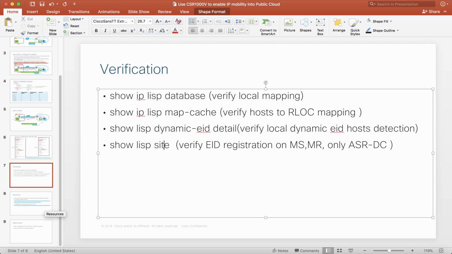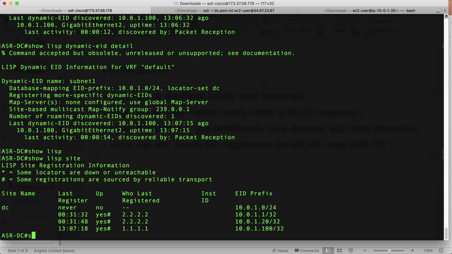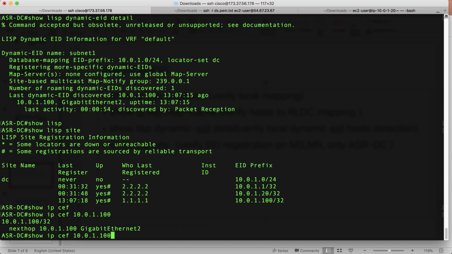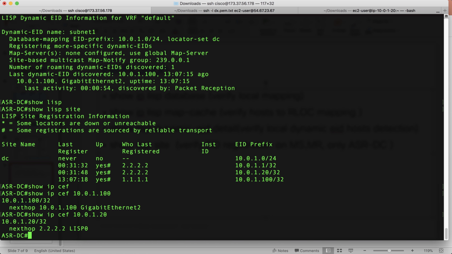And there's another command I would like to show you, which lets you know what the real data path is: show ip cef. Let's put in 10.0.1.100, because this is the one that sits on AWS. Let's see what the CEF table is for this IP address. Oh, sorry, this is on the local side. We need to check the 20. As you can see, the next hop is 2.2.2.2, which is the CSR RLOC identifier, and it is using a Lisp tunnel. I also built up the 2.2.2.2 and 1.1.1.1 connectivity using OSPF, which is also